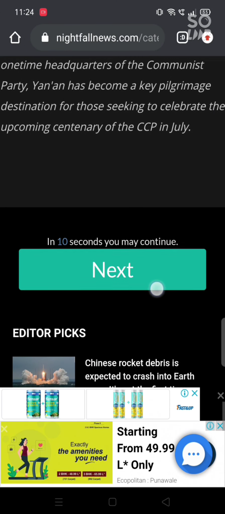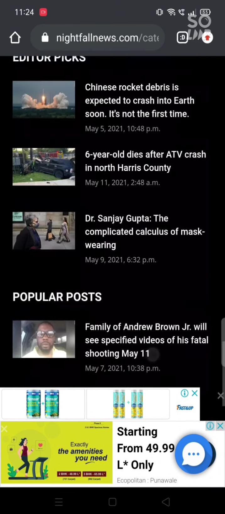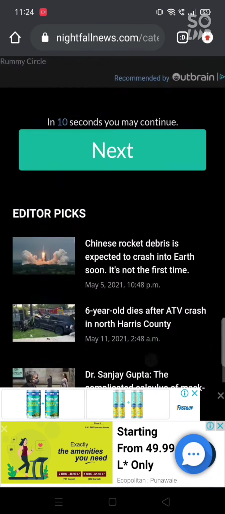Okay, this is the next button. Here it is. You have to click on that button and then wait for 10 seconds. 10-second timer will start over here. After 10 seconds, you have to click on this close. And then next slideshow will appear.